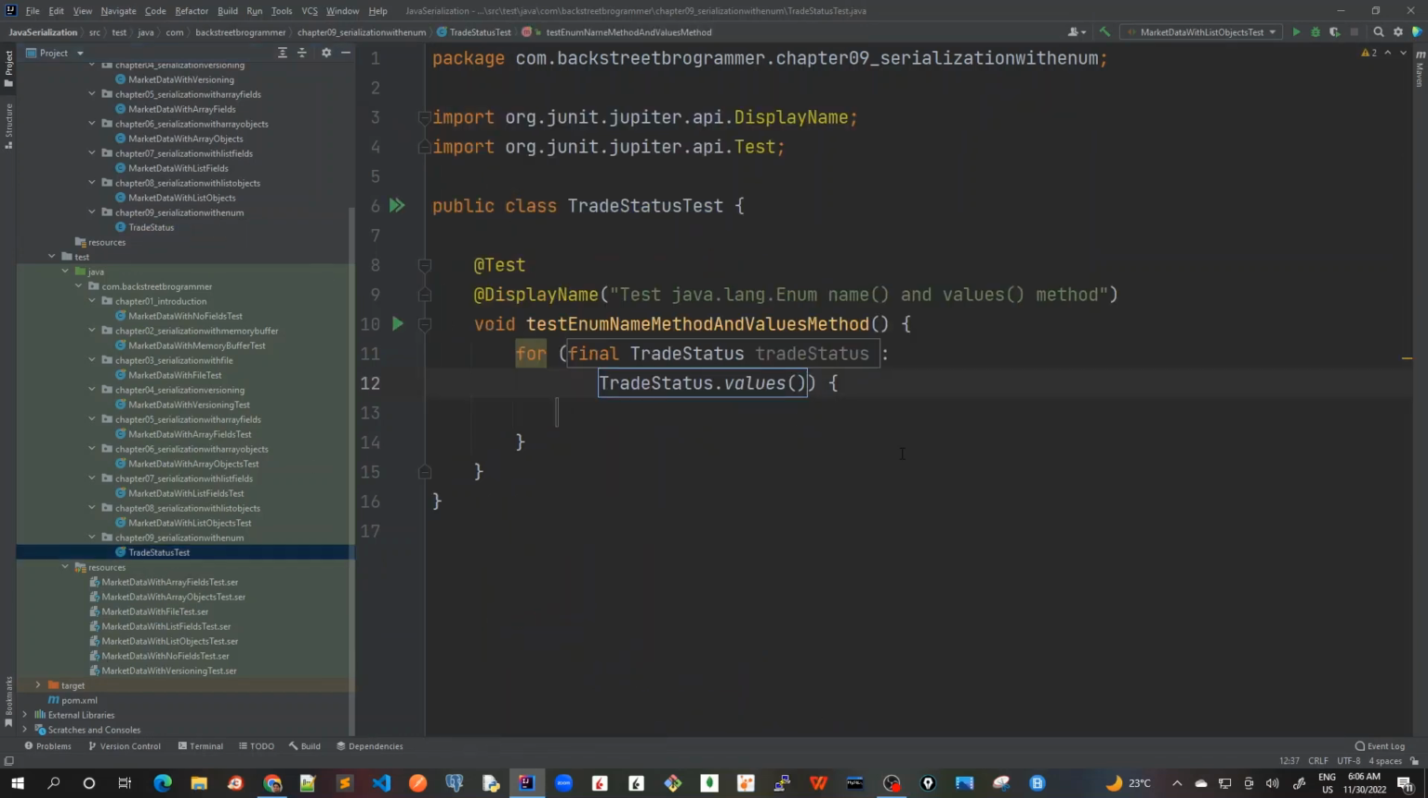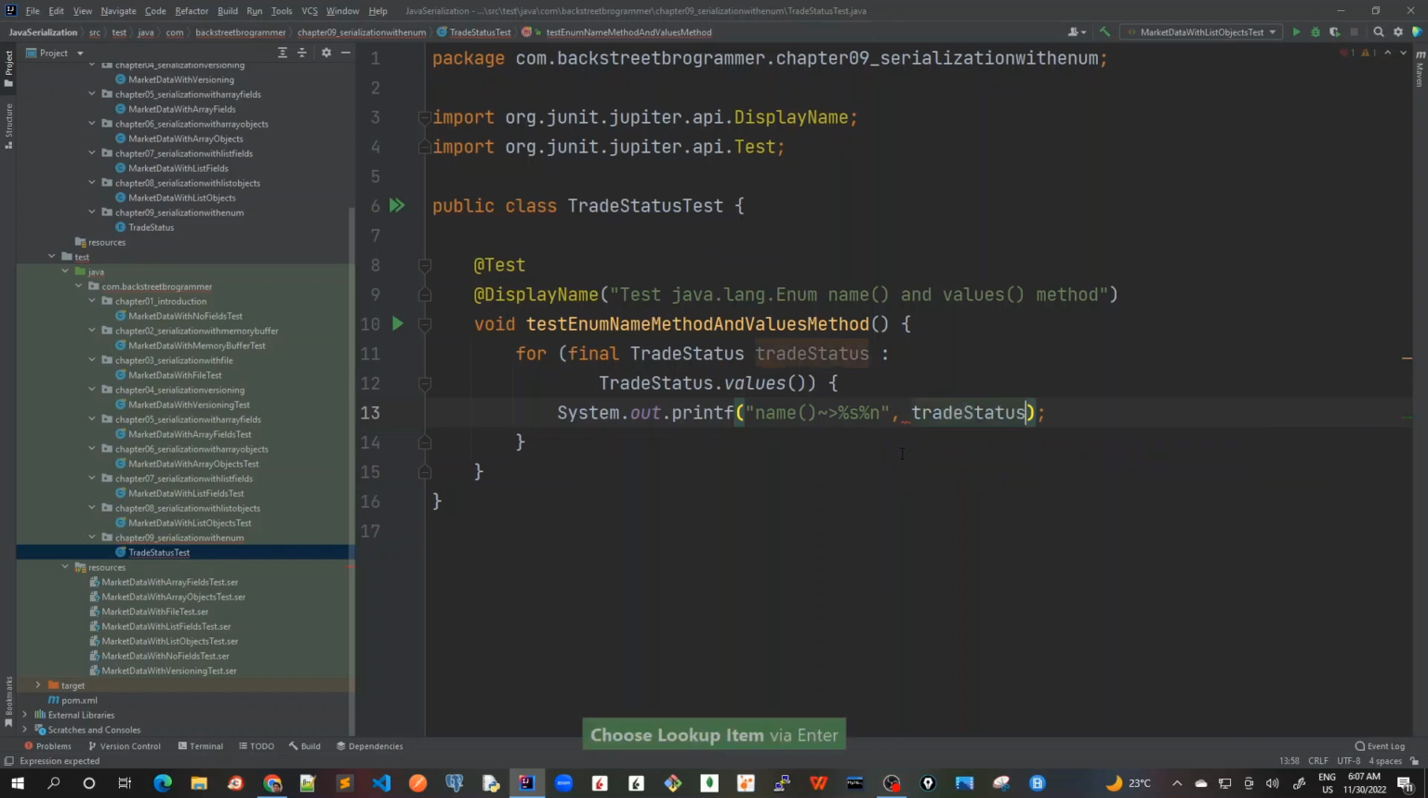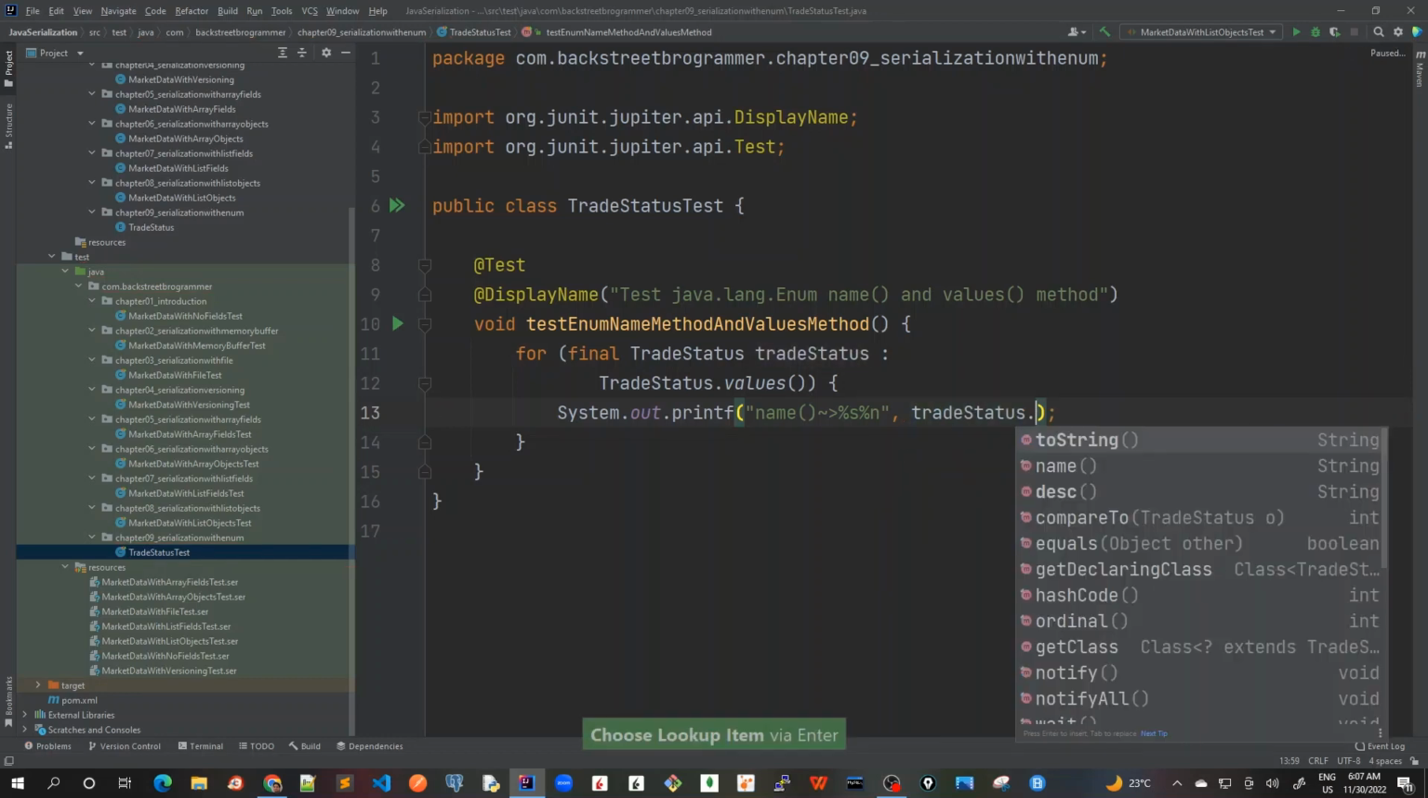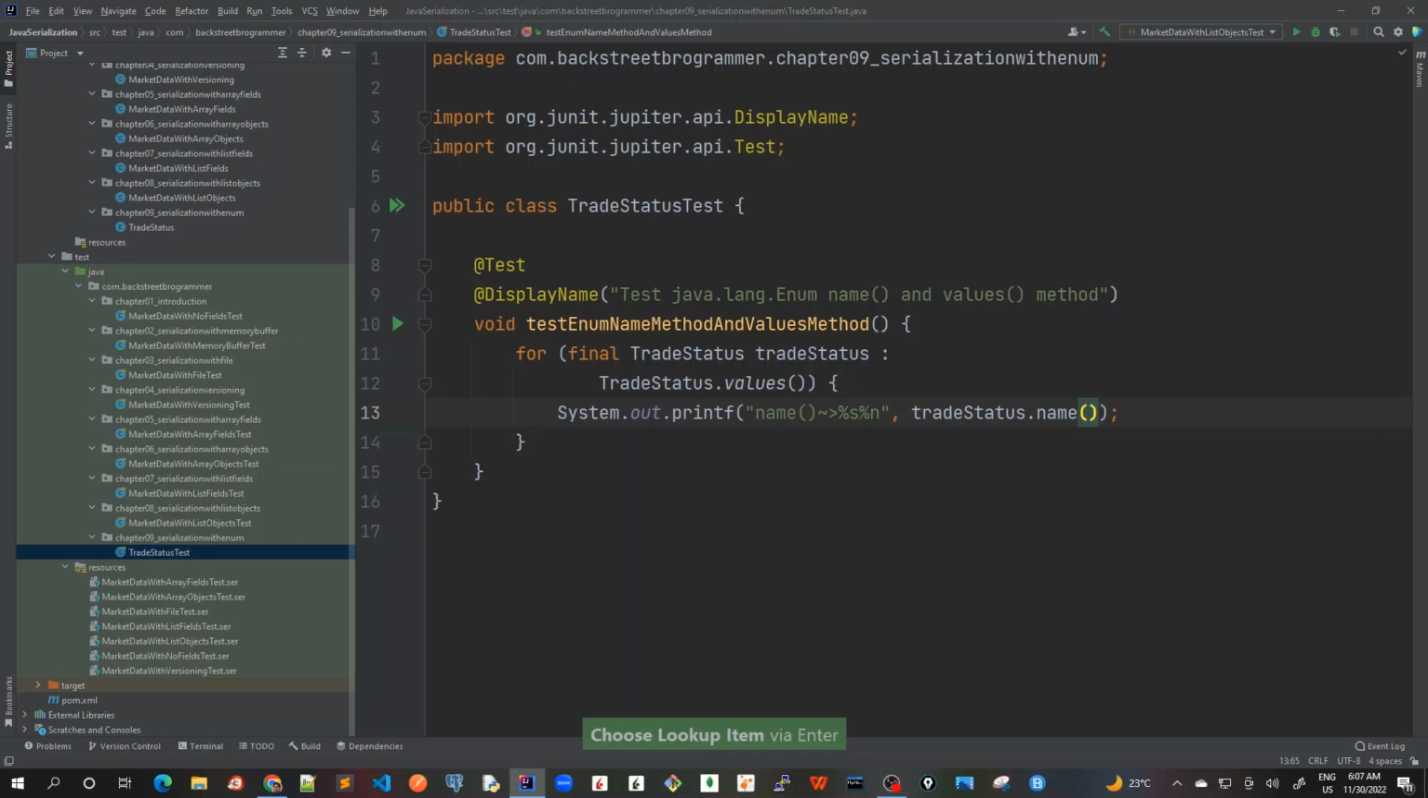Okay, so once we do this, what I'm going to do is sout f. First of all, we need to see what's the value of the name method. So I will use %s and %n. %n is for new line, and I will call TradeStatus.name method. It's not calling toString. There's a difference between the name method and toString. So this first line will print the trade status name, and similarly, control D,